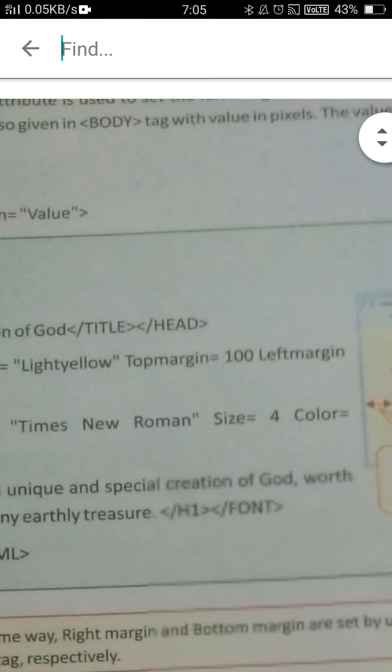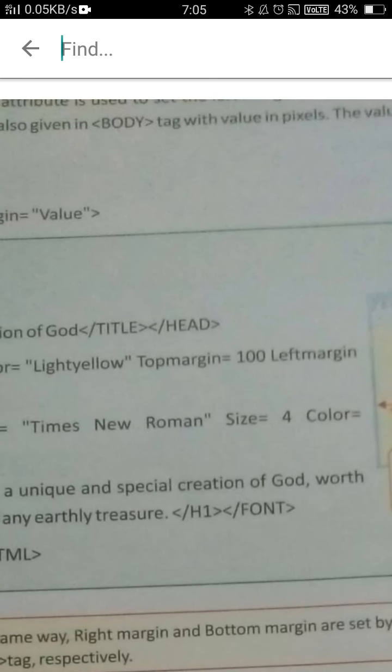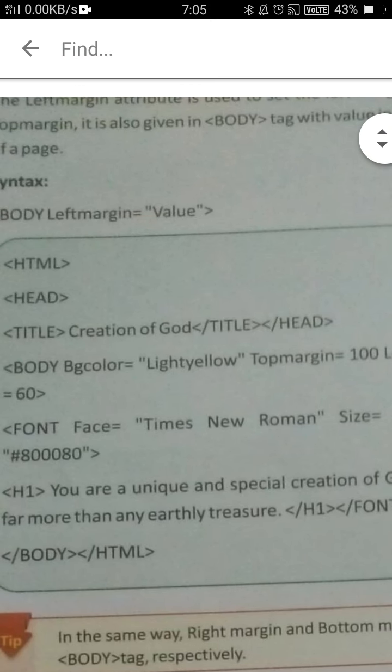In the program, by giving the top margin and left margin, you can leave blank space from the top side or the left side of the web page, meaning the text will be printed after giving the blank space from the top side or the left side.